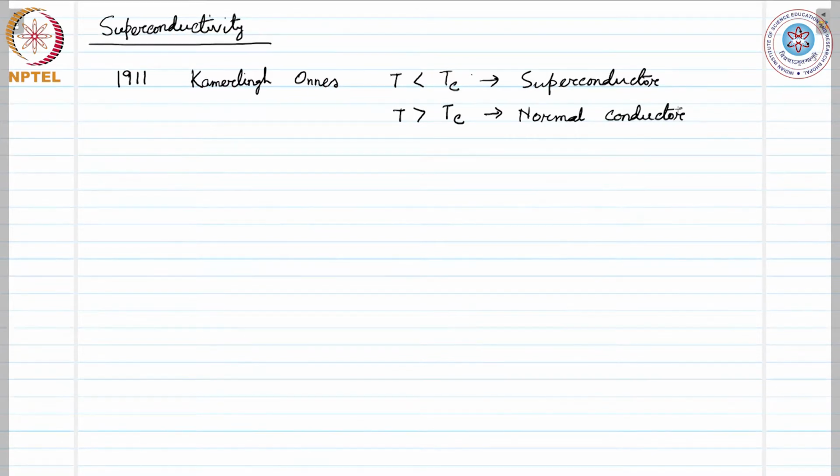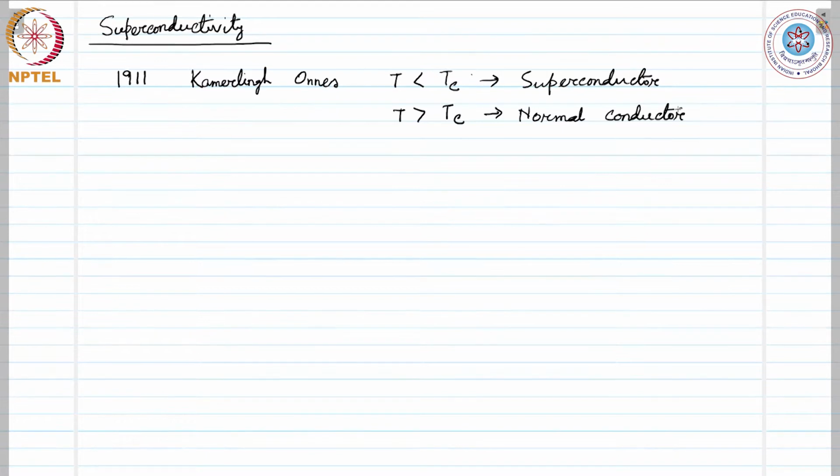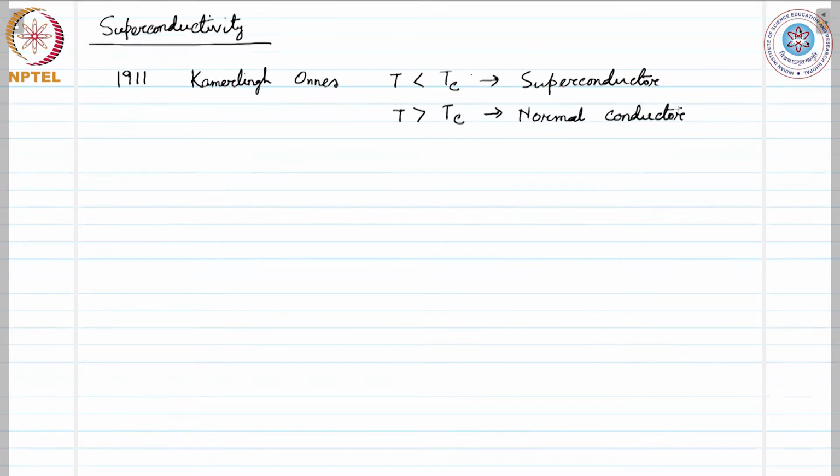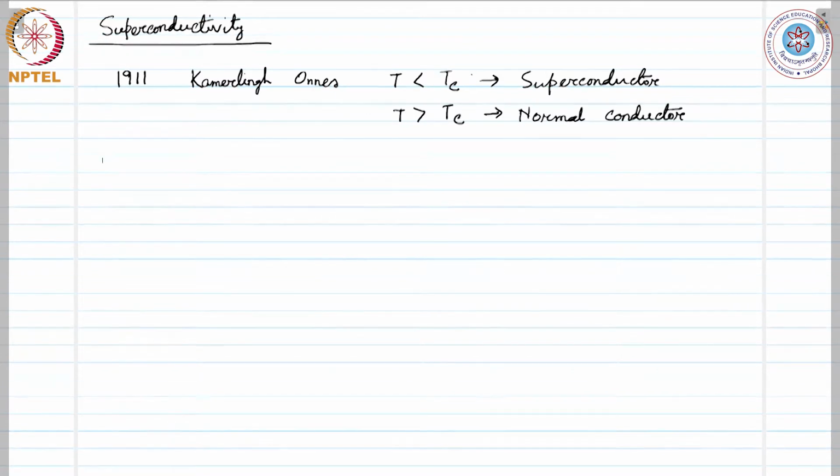Now, looking at what we have described so far, you may have an impression that a superconductor is just like a normal conductor with resistivity 0, but that is not the case. There is a certain difference between a normal conductor with exact 0 resistance, if that existed, although it does not exist, and a superconductor. These two things would still be different. There is a significant difference between these two, and we will come to that discussion. Let us go to an experimental survey of superconductivity, the phenomenology of superconductivity.